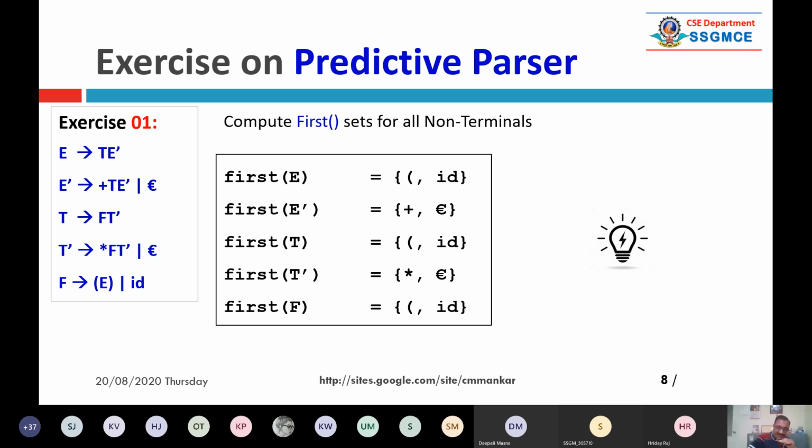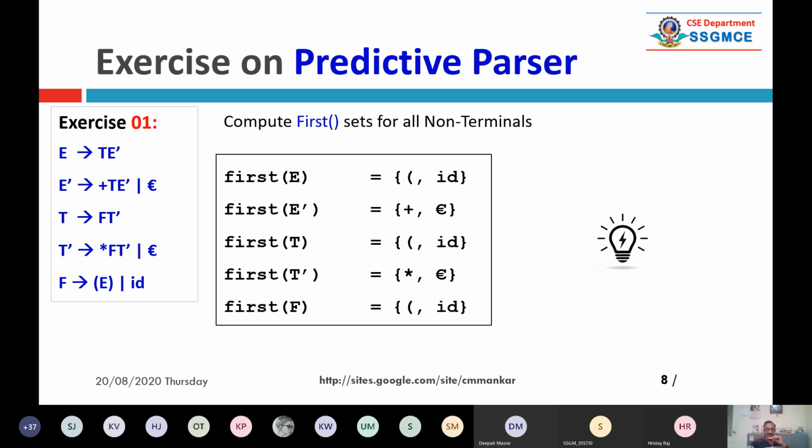Right now you just listen to me, and then you can download this and go through the same example. You will understand it because we have to cover certain things. So I'm going ahead, and definitely we are going to take a few more grammar examples, and through that we shall see in detail in terms of steps. Here I am not using steps. We shall see in terms of steps how to generate the first set and how to generate the follow set.